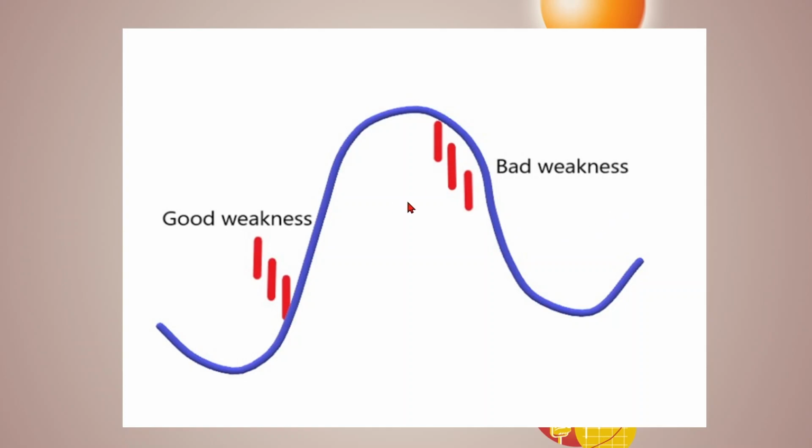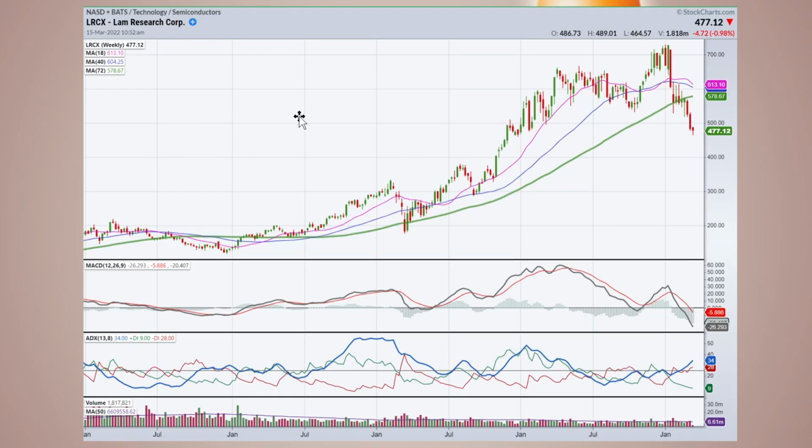And as I've always said, the best long-term institutional investors that I've worked for have used a match. They look for fundamentals and technicals working together. So I want to talk about the difference between this, and I am going to show you a couple of examples. So let's start. I'm going to start with avoiding bad weakness.